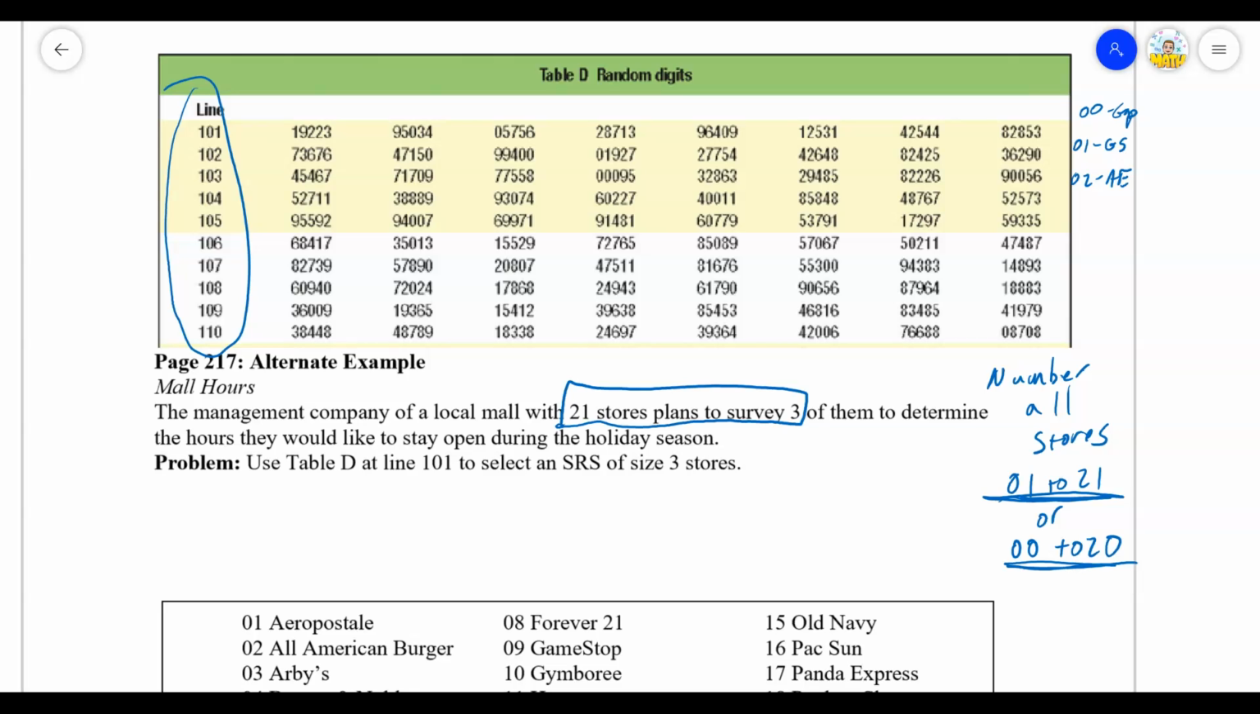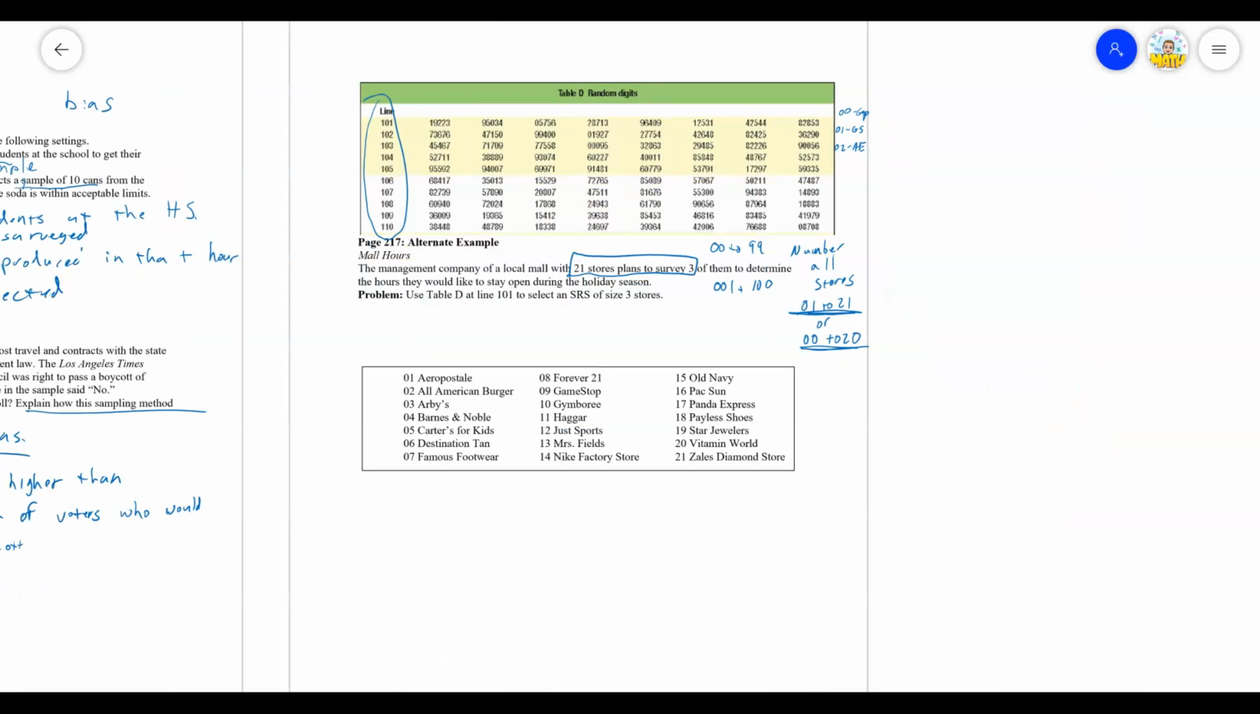The most important thing is figuring out what's my population size. If my population size is 100, then I could number them 00 to 99. You see how I don't waste any numbers that way? If I numbered them 001 to 100, that's probably not an efficient way to look at my random digits table, because when I look at 3 digits at a time,